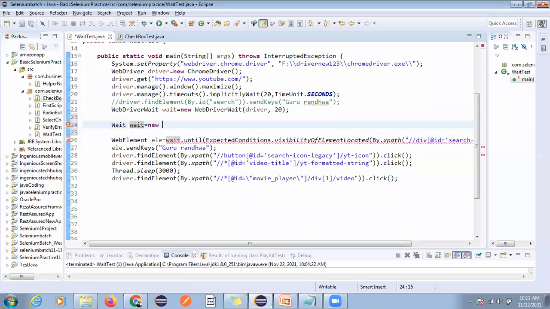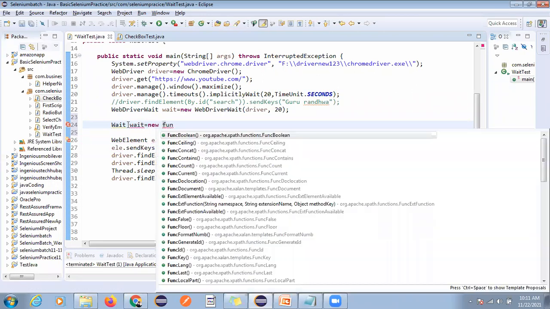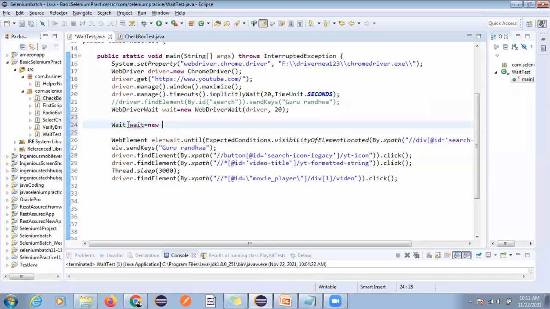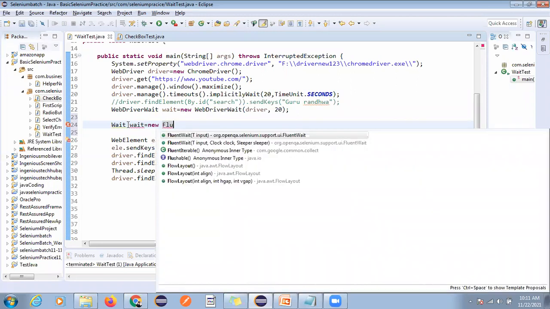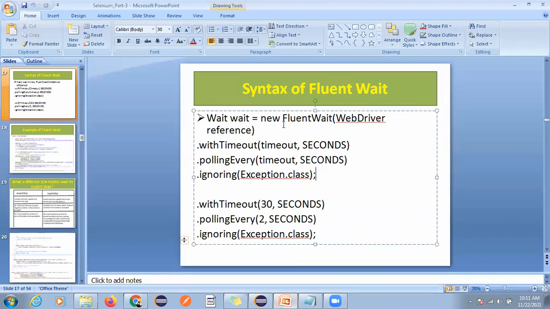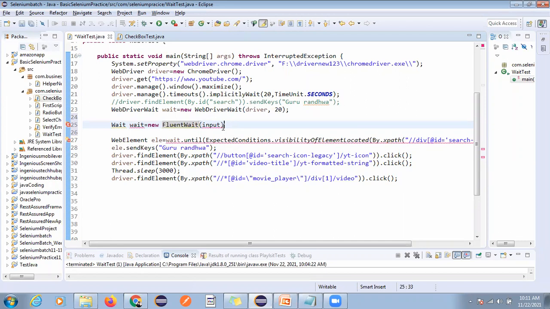Now we will use a fluent wait, and here we have to pass the driver. Okay, we'll pass the driver here.